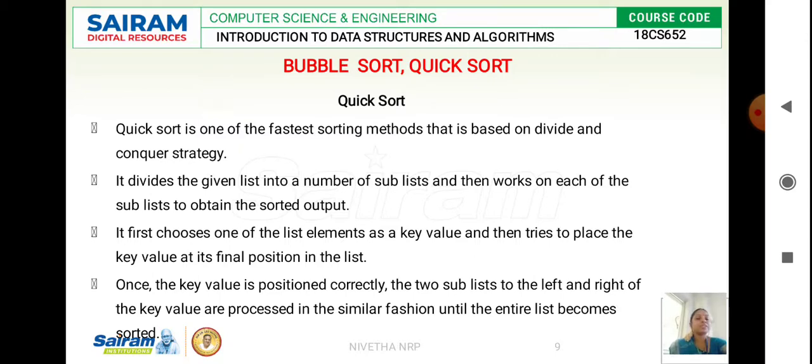The elements which have a value less than that of the pivot element, we are going to store to the left of your array, and the elements which have a value greater than that of the pivot element, we will store to the right of your array. By doing so, we obtain a scenario where the values which are less than the pivot will be at the left side of the array, and the values greater than your pivot element will be at the right of your pivot element.